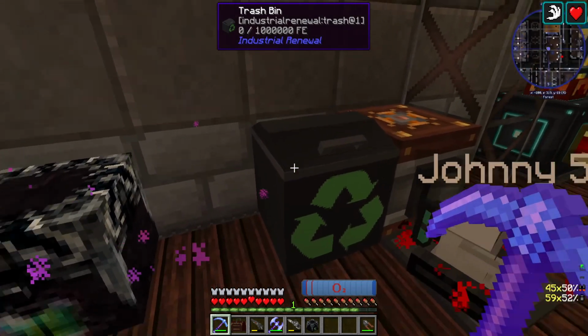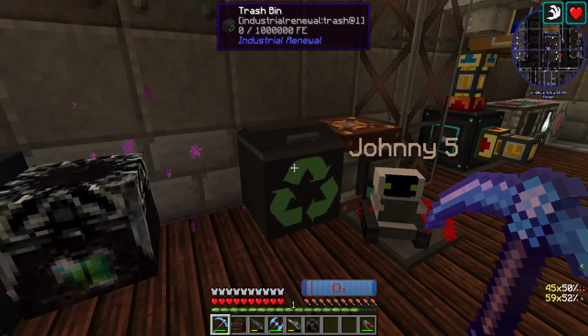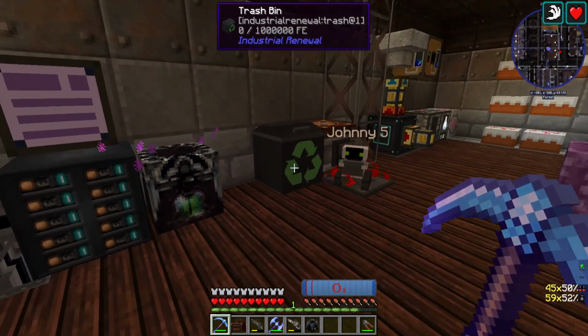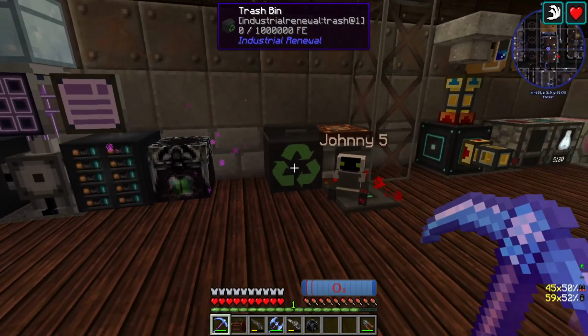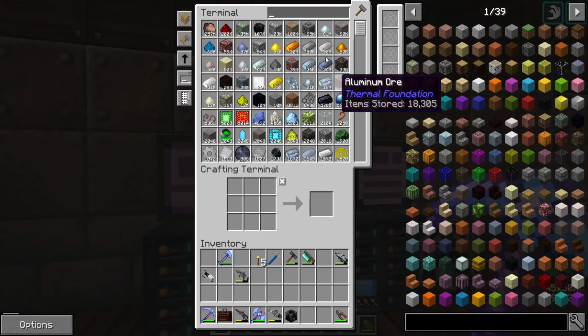They have no interface, and I can't figure out why it says it wants energy. It doesn't take any energy to work with. You just pipe in whatever you want to get rid of. So that's a wonderful thing. Next thing,